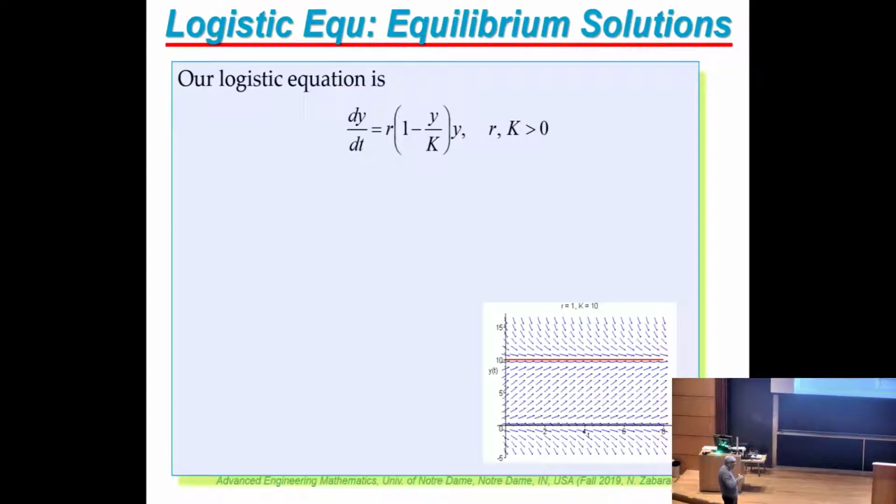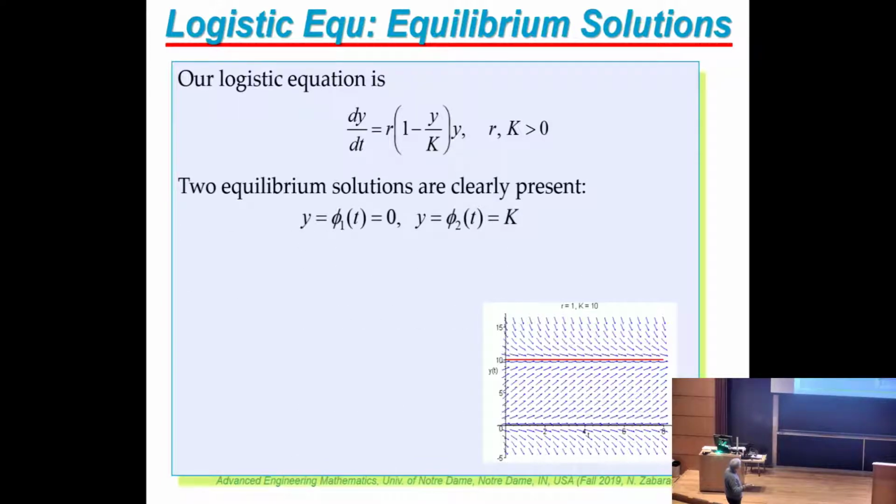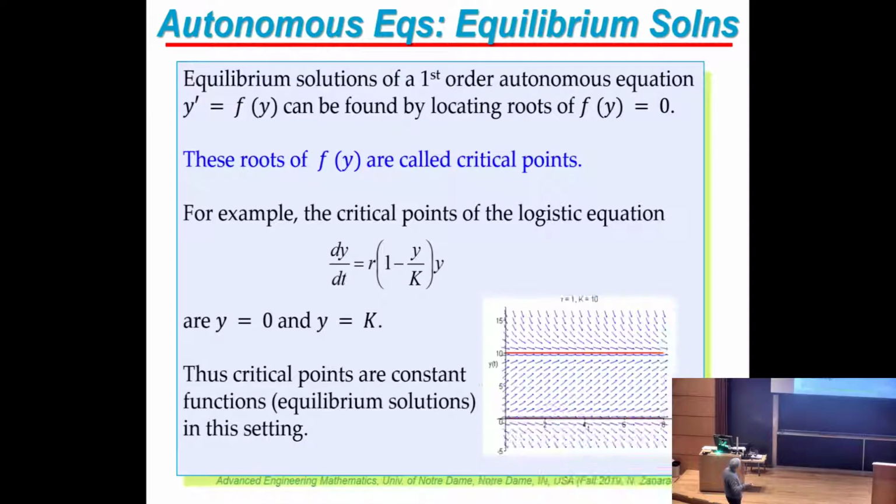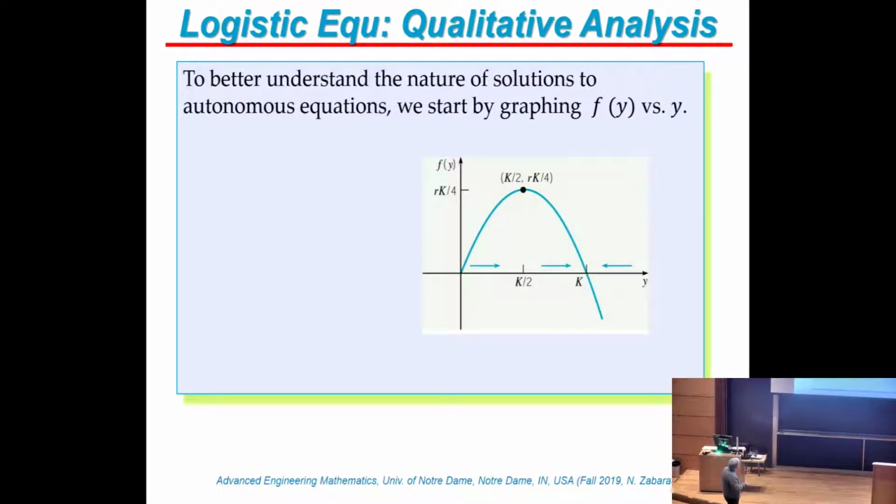And if I ask you, is the solution going to be convex or is it going to be concave? What will you do at a given point? You will evaluate the second derivative of this and see if it is positive or negative, without ever solving the differential equation. So if you actually do all of this, and again, they're in the notes, you will see the function f of y, for this logistic problem, looks like this. So immediately you can